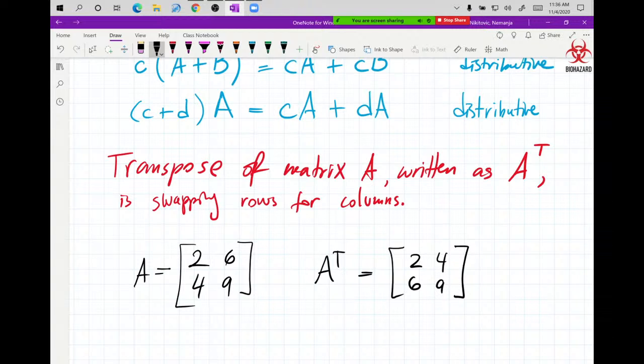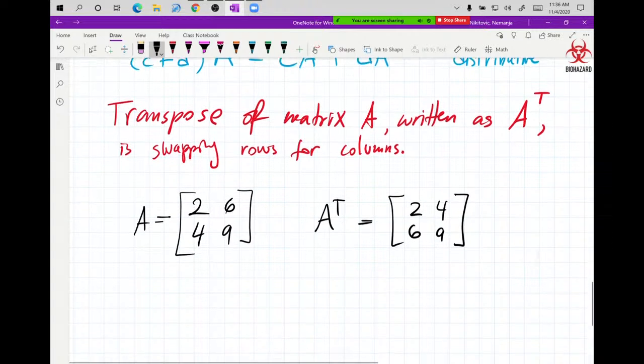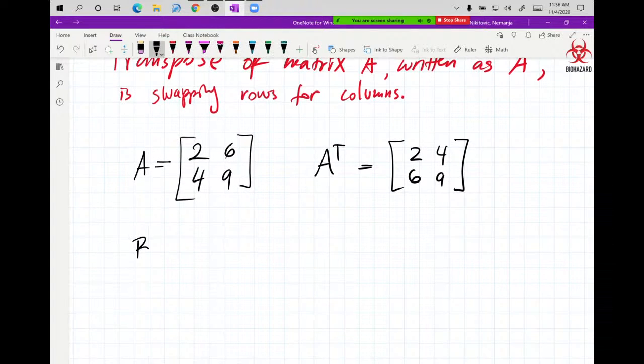And I would say, well, only 4 and 6 switch spots. In some sense, yes, but if you have matrix B that is, let's say, 1, 6, 4 and then negative 3, 5, and 9, whatever,